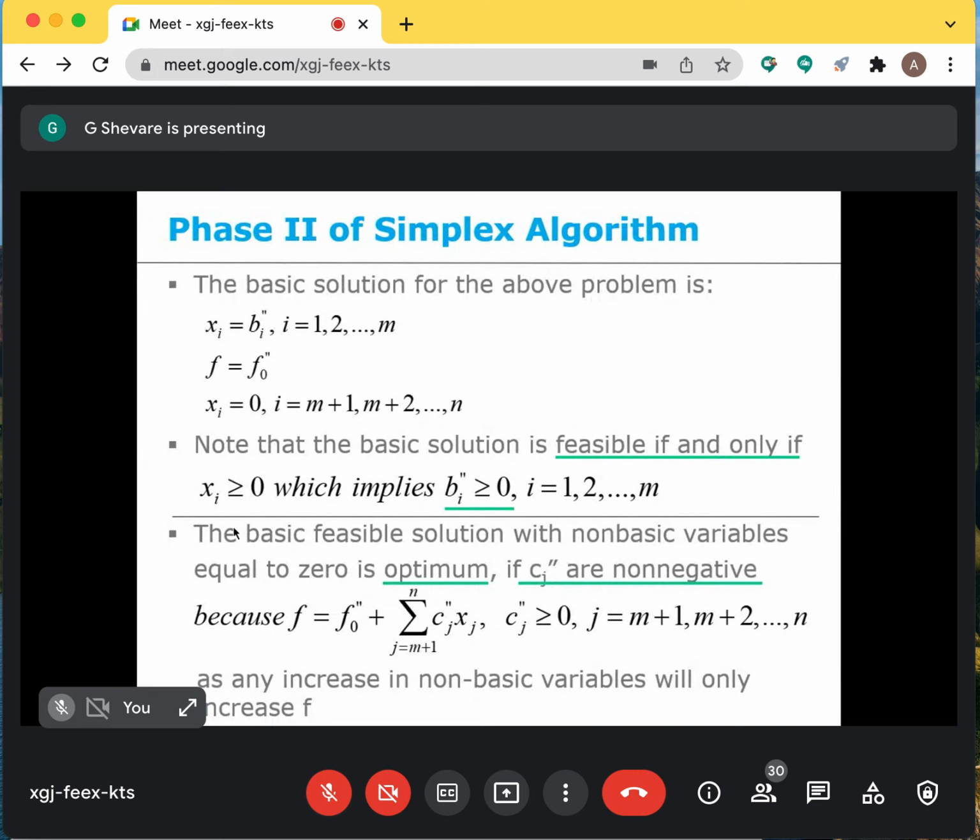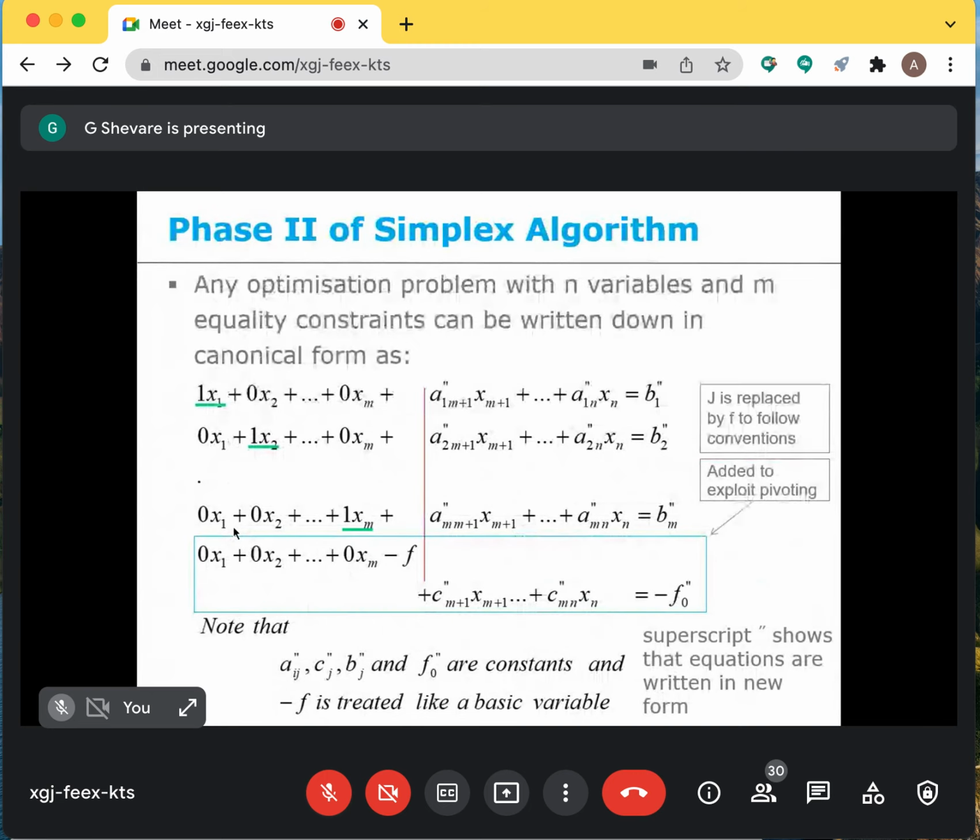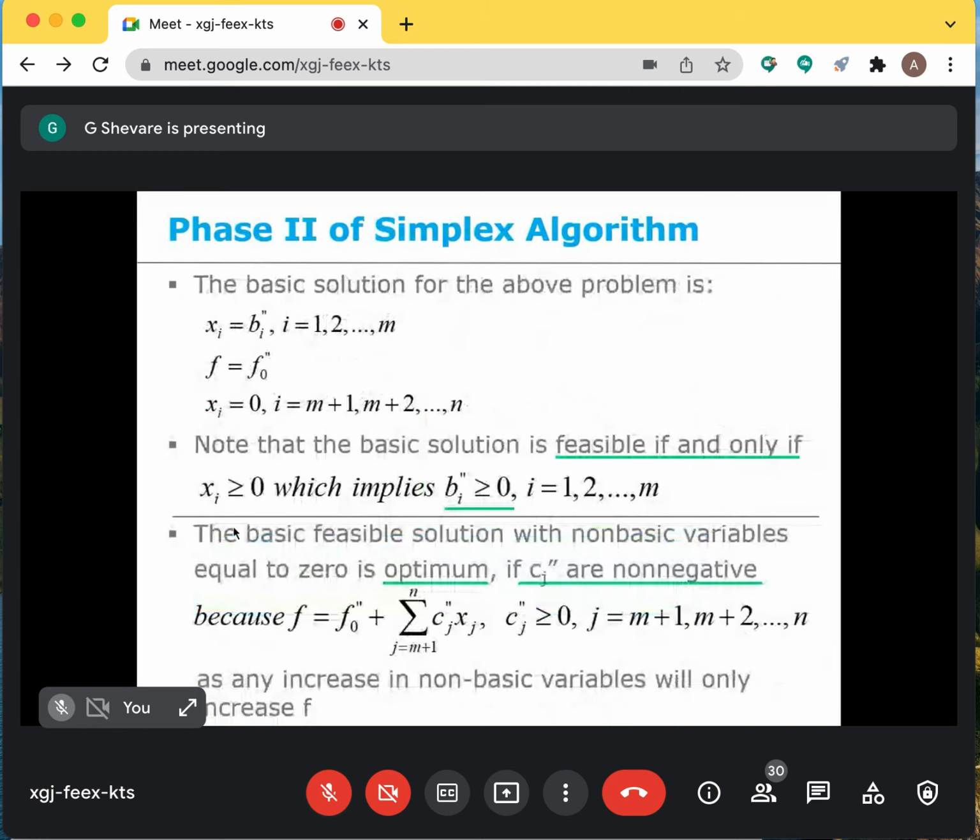Now, as I said here, instead of taking the first m variables as the pivotal variables, you may choose one of the n minus m variables, xm plus 1 to xn, as a pivotal variable, and drop one of the variables from x1 to xm and make it a non-pivotal variable, and then you will get the next neighboring solution.